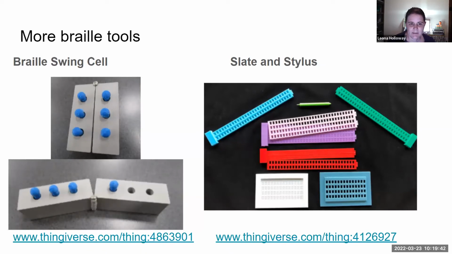Next example is Braille tools. So the Braille swing cell is a really simple device that we use to demonstrate how the keys on the Braille keyboard, which are set out in a line, are related to the dots in a Braille cell, which form a rectangle. So it swivels around, and it's got removable pegs to demonstrate the configuration of different Braille letters and